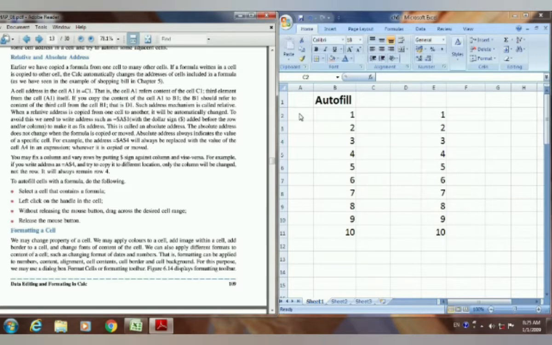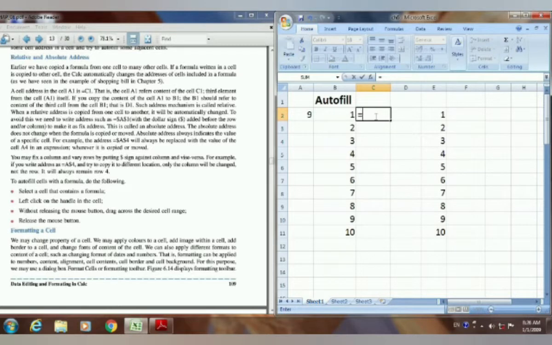Suppose now you just see, here I am writing 9. I want to display the 9th table here as a multiplication. So suppose I am writing equals, then the first cell address, that is A2, multiply by B2, which is 1. So here 9 is coming. But because of the autofill, what will happen when I do the autofill? Here in the rest of the cells 0, 0, 0 is coming. Why? Because you just see the cell address. At A2 what is there? 9. And at B2 what is there? 1. So that is why the multiplication is coming.